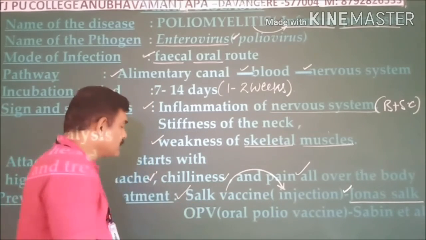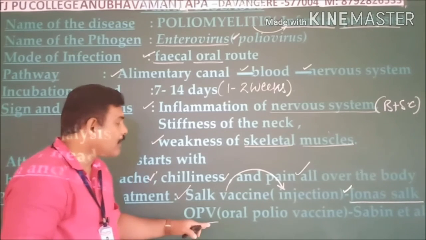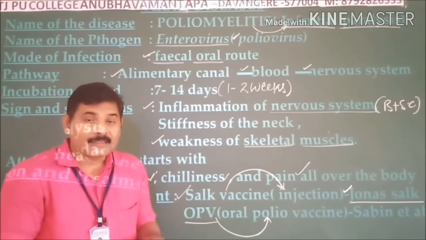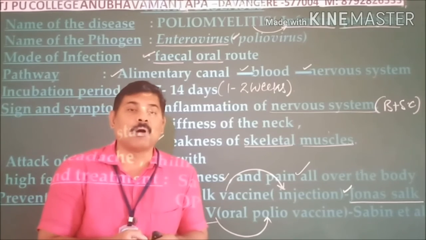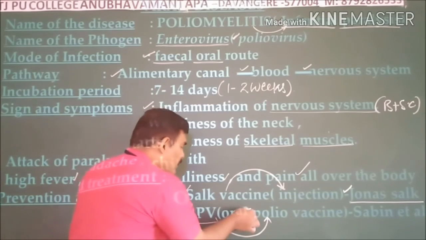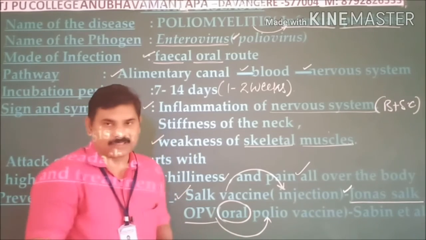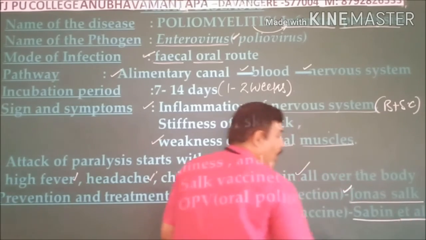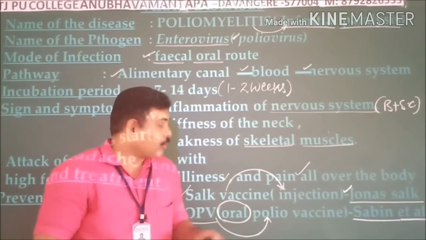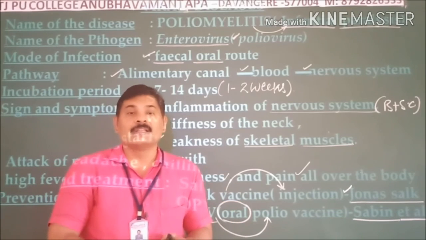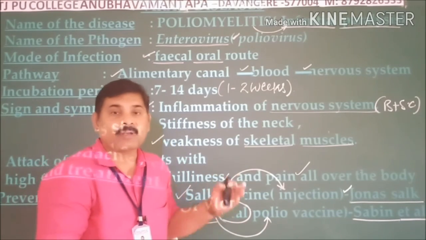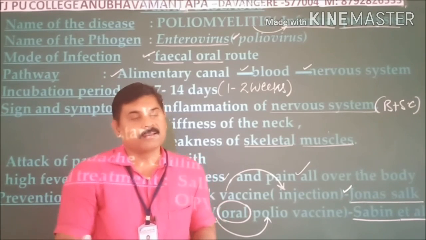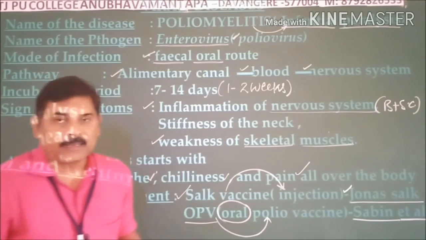Whereas the other one is OPV, which we call oral polio vaccination. You take this vaccination in the form of drops through the mouth. It was developed by Sabin, the name of a doctor. By taking these two types of vaccinations until you reach 5 years, we can prevent this disease. This is all about polio vaccination and the symptoms caused by it. Next we will see another